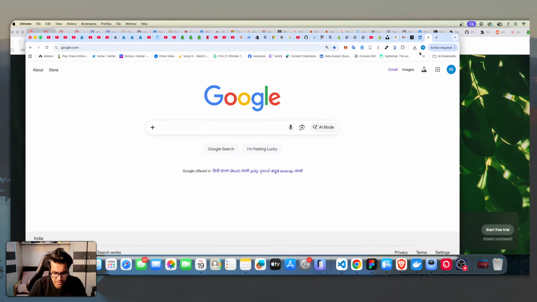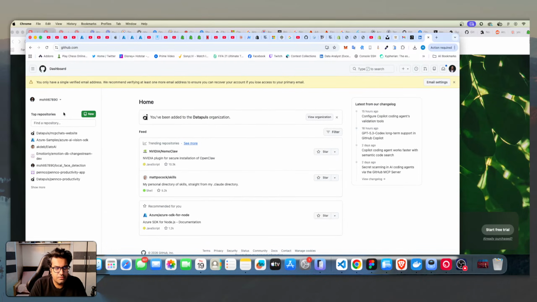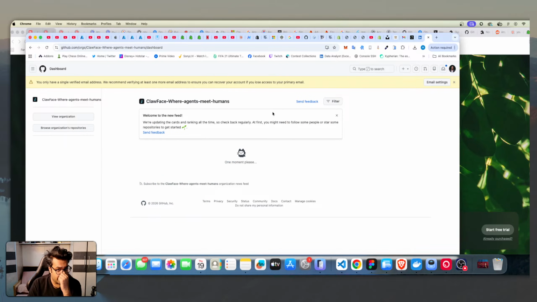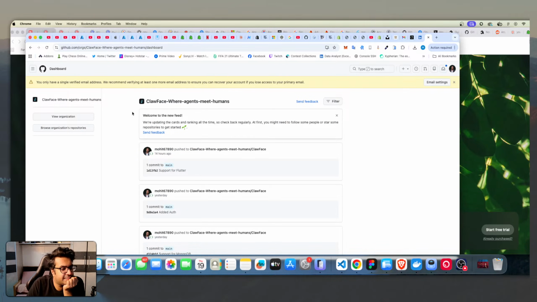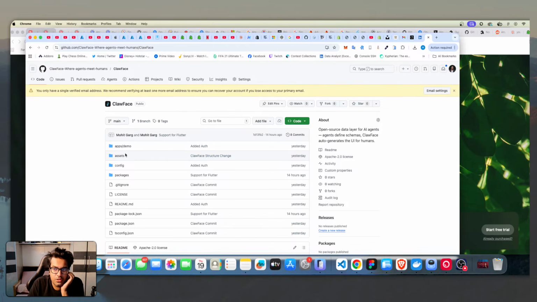what I'm trying to cover today is ClawFace. Basically, this is what I've been working on recently, giving OpenClaw or any AI agent a schema or a UI for humans to see what exactly the OpenClaw is doing, and how you can also work with OpenClaw or any kind of